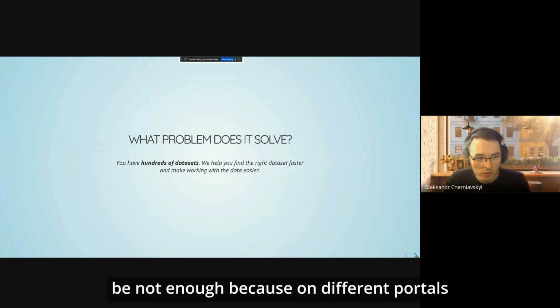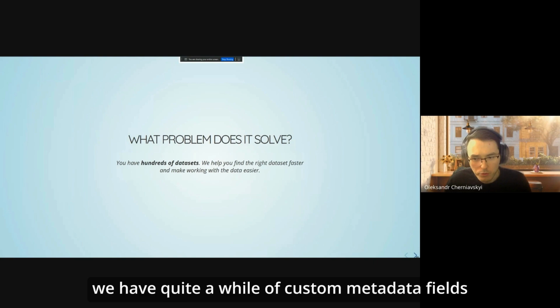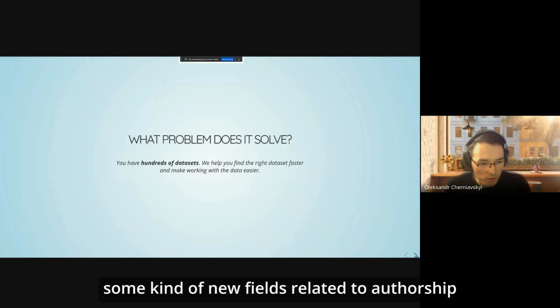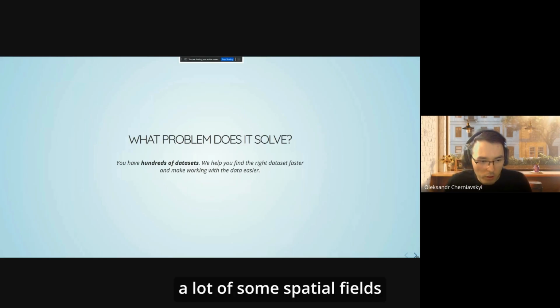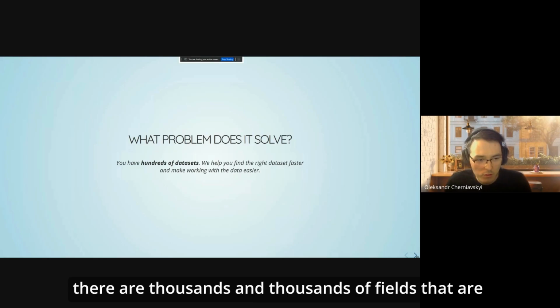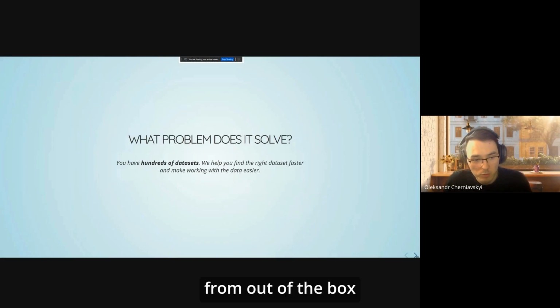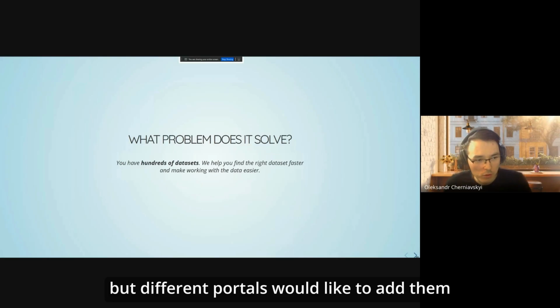This might not be enough, because on different portals we have quite a lot of custom metadata fields, for example temporal resolution, new fields related to authorship, and a lot of spatial fields. There are dozens and thousands of fields that don't exist in CKAN out of the box, but different portals would like to add them.